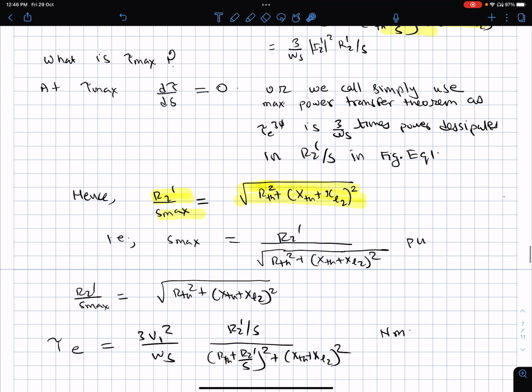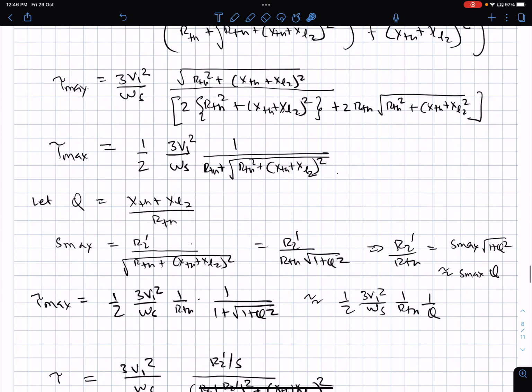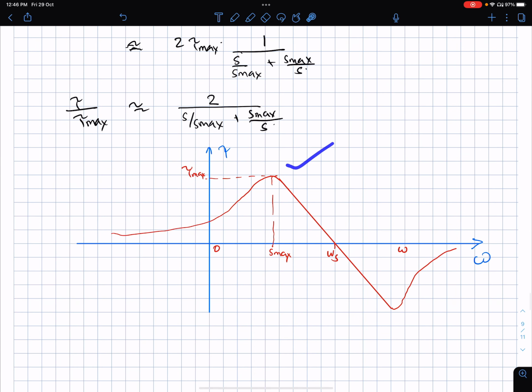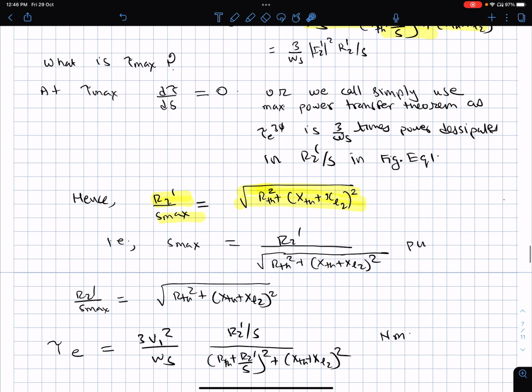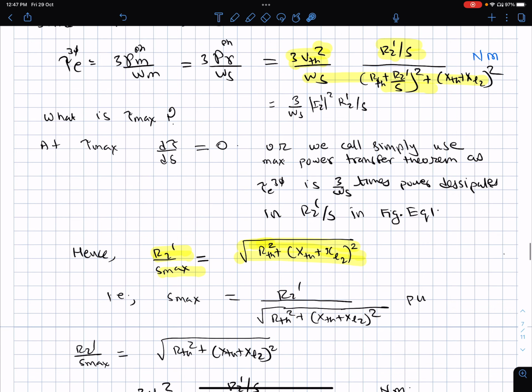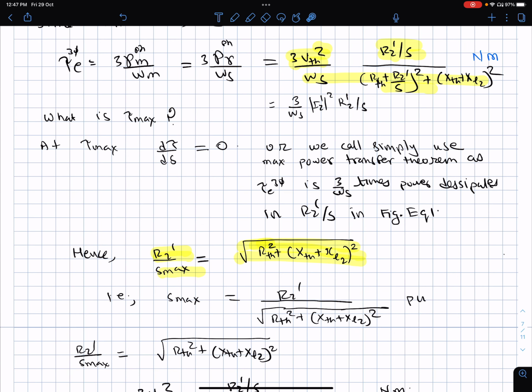Now the next question is, what is this maximum torque? What is this Tmax which is going to happen? So to answer this question, which is a very important and interesting question, because that's the maximum amount of torque that a motor can drive, to find the Tmax, what should we do? This is a function of s. So therefore at the maximum the gradient has to be 0, the rate of change of torque with respect to the slip should be 0.